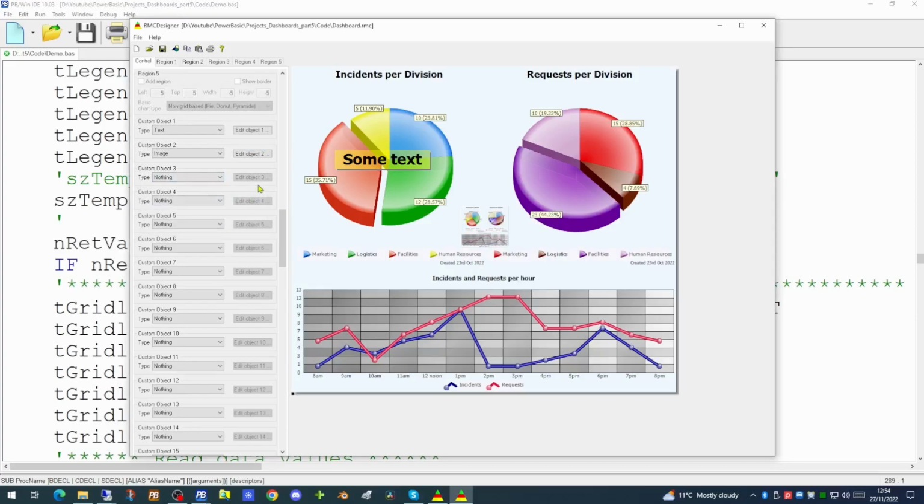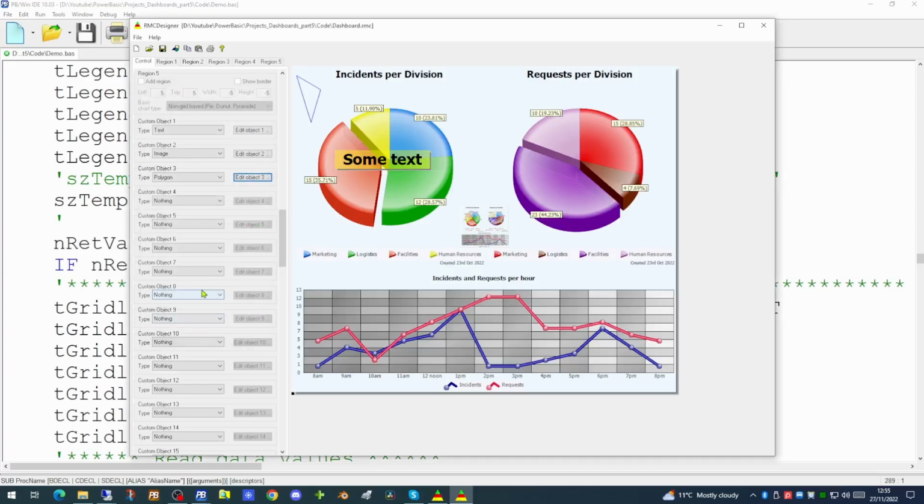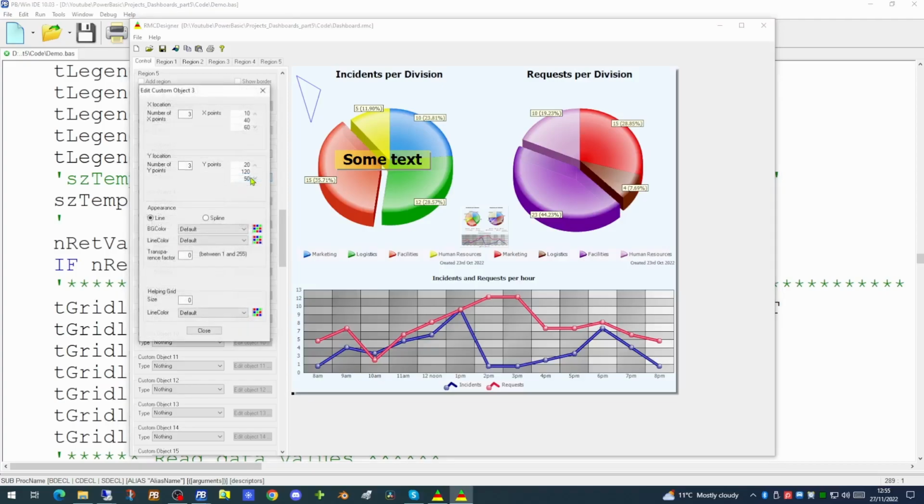Another option you have is to place a polygon on the screen. And we're going to set our polygon with 3 corners here to make it basically a triangle. We merely need to put the coordinates in. And there is our triangle. If you want something a little more organic, we can change it from a line to a spline.